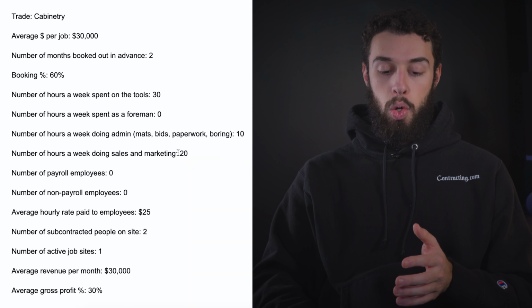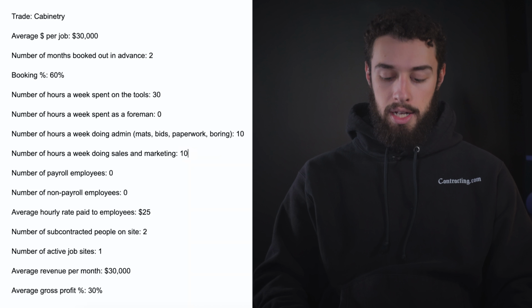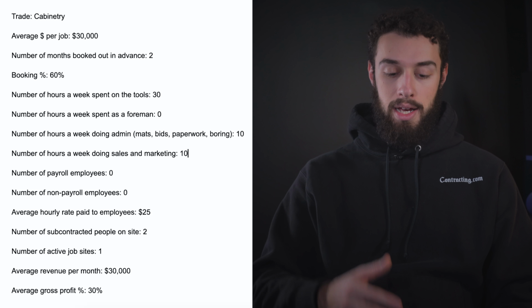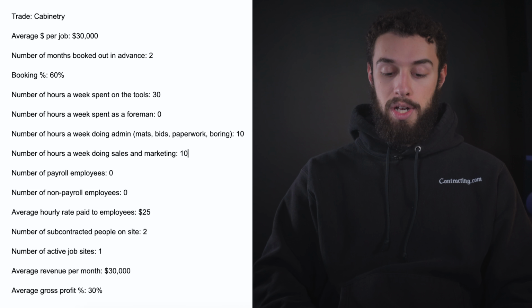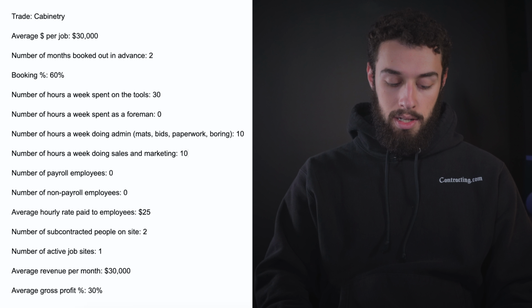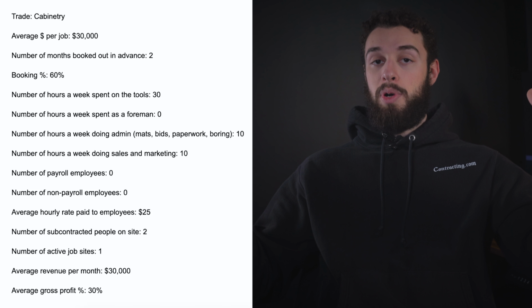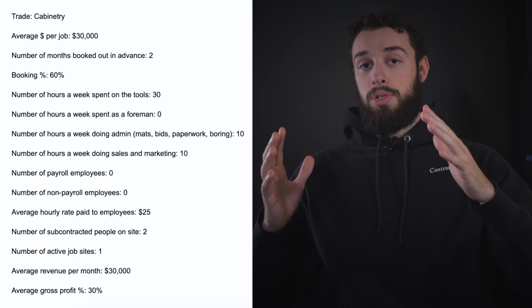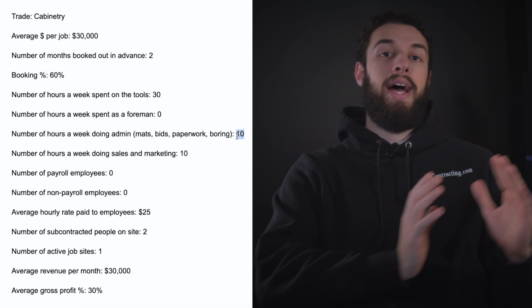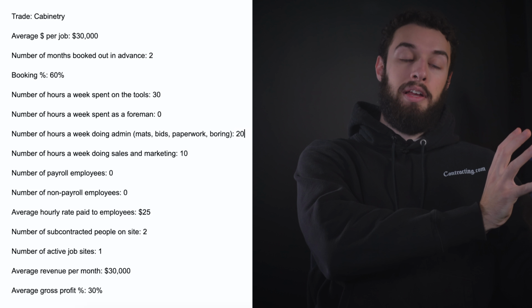From there, we can lower the sales and marketing to maybe half the time. So it's only 10 hours. And then from there, I'm spending an extra 10 hours a week. I'm taking that 10 hours. So instead of doing 20 hours for sales and marketing, we're now going to do 10 hours for sales and marketing. And then we're going to add those 10 hours into hiring.